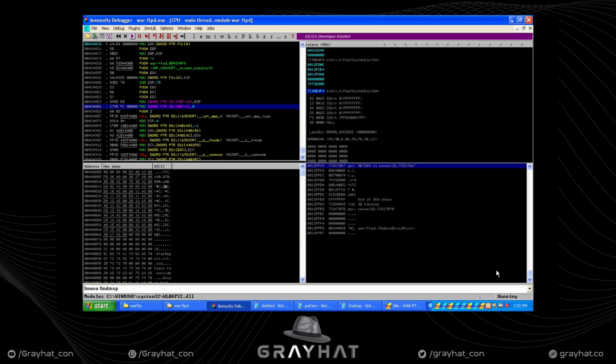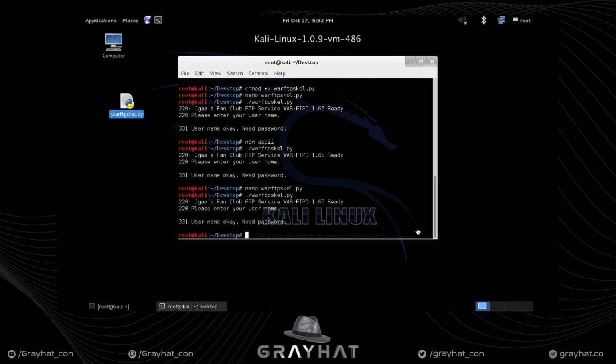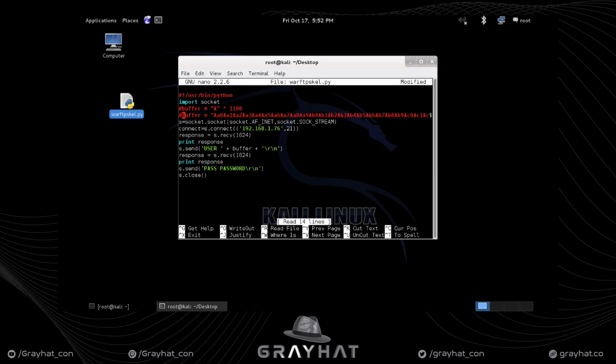Lightning bolt. We're running. Alright, so let's come over to Kali again and open up our war FTP scale.py. Again, let's comment out buffer equals our pattern and recreate buffer and set it equal to A times 485. Remember that that is our offset to EIP. So plus B times 4, so that should be 4 bytes for EIP. Remember there were 4 extra bytes for the calling convention for some argument that will be ripped off when the program returns. So C times